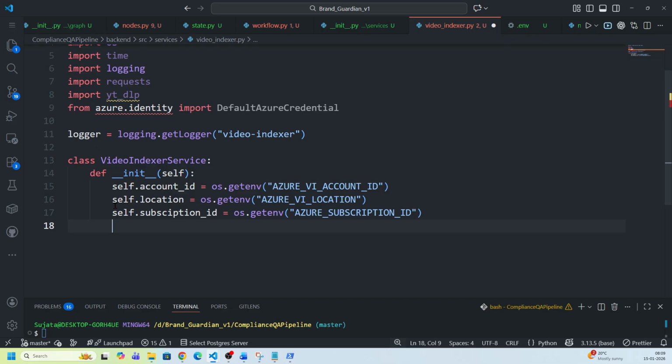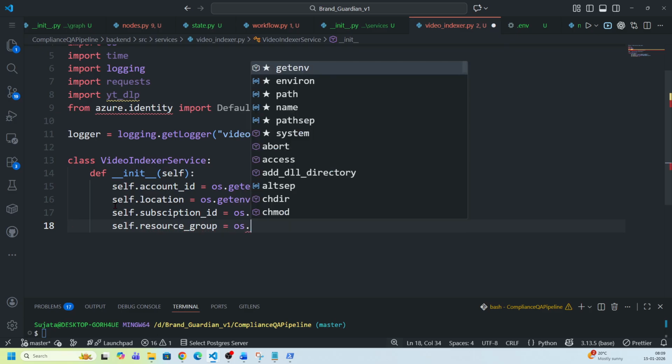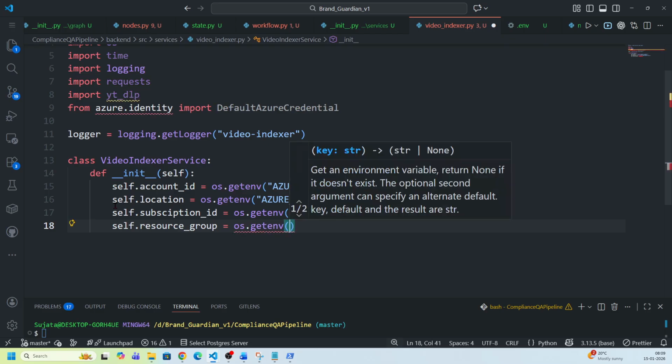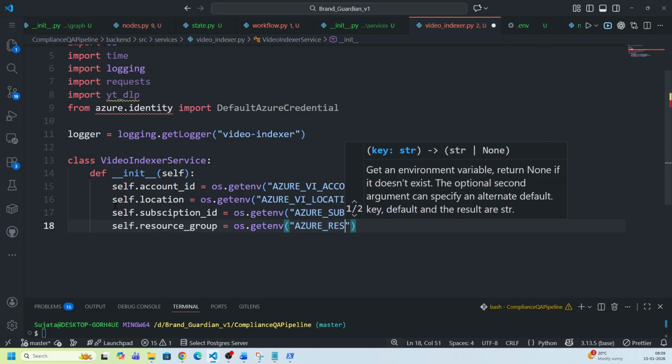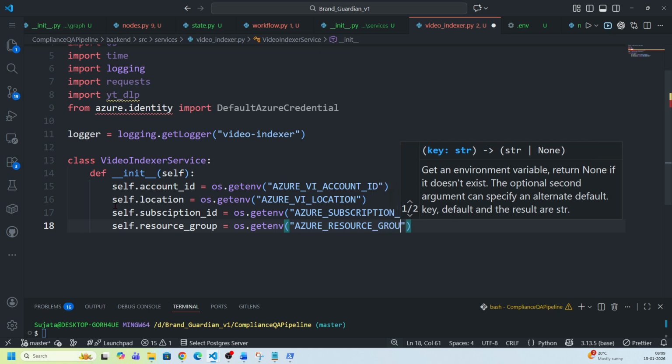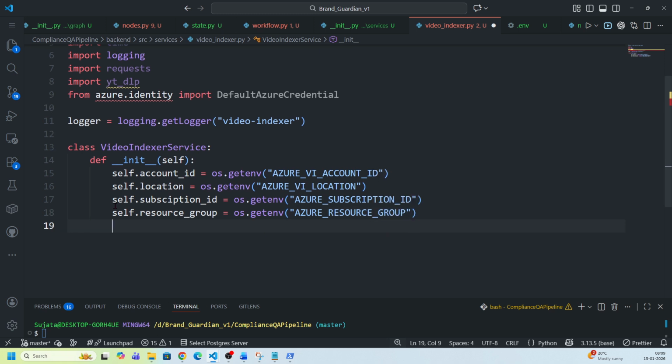After this, we can also take the resource group. So self.resource_group equal to os.getenv Azure resource group. And after that, we can also take self.vi_name, which is nothing but the name of your